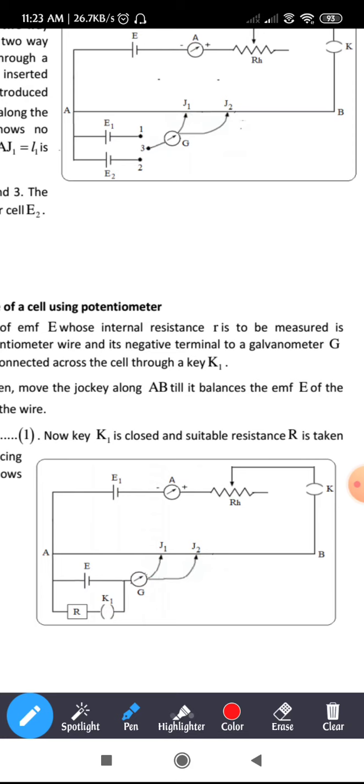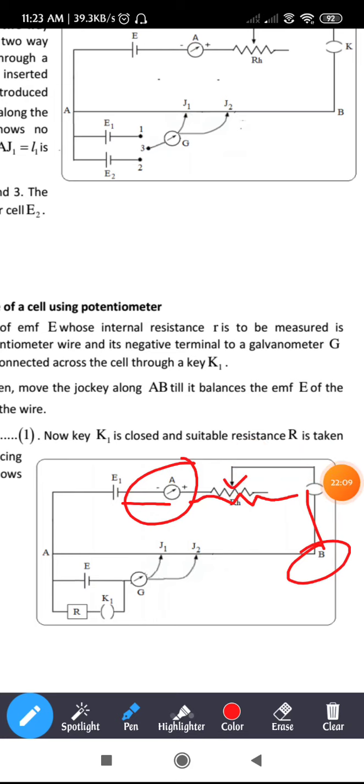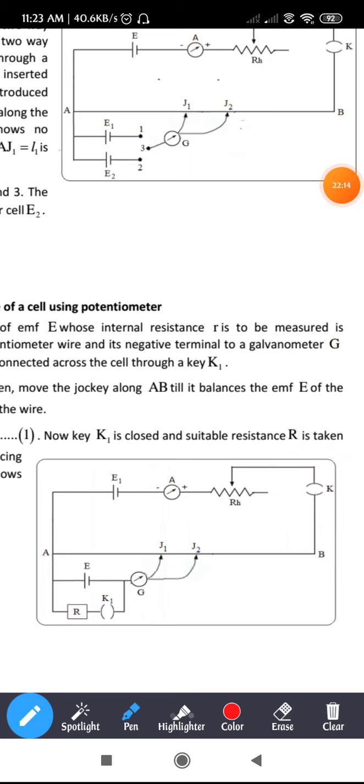Okay. So next from the cell E1, the negative terminal of the cell has been connected to the ammeter. Again from the ammeter it has been connected to a rheostat. Again from terminal B it has been connected to a plug key, and from the plug key to the upper terminal of the rheostat. Always this arrow mark on the rheostat denotes the upper terminal. That means you need to connect the wire to the upper terminal of the rheostat. That is the meaning of that arrow mark.